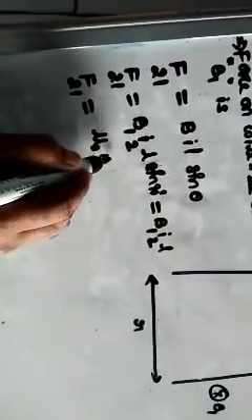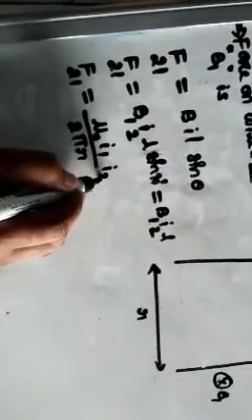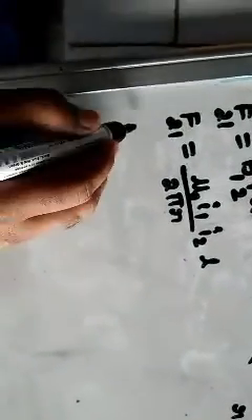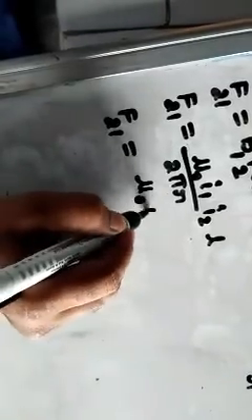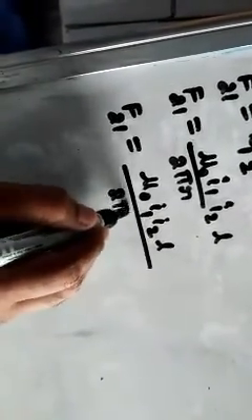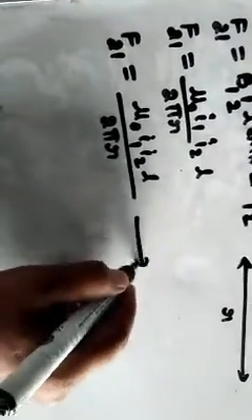This is μ0 I1 by 2πR. This is I2. This is L. So F21 is equal to μ0 I1 I2 L by 2πR. This is the formula for the force acting on the second wire because of the magnetic field given by the first wire. Just keep this formula in mind. I will continue; consider it equation 1.